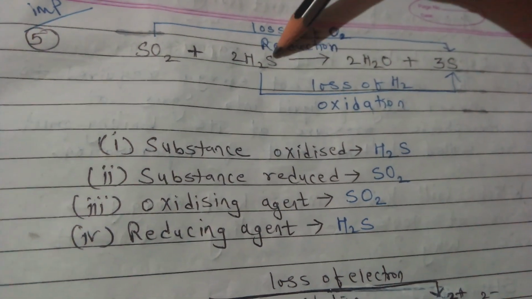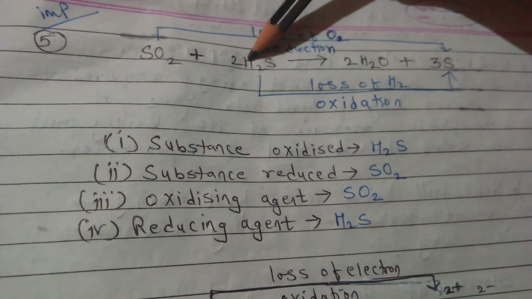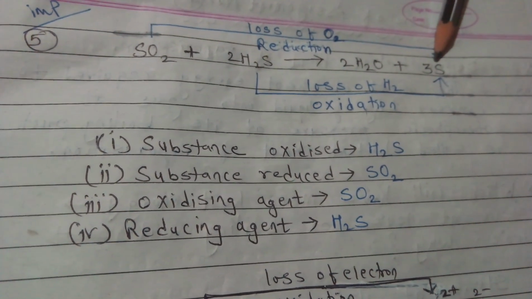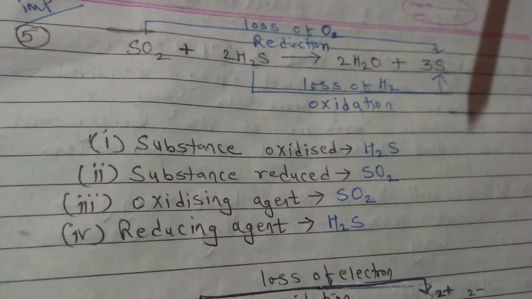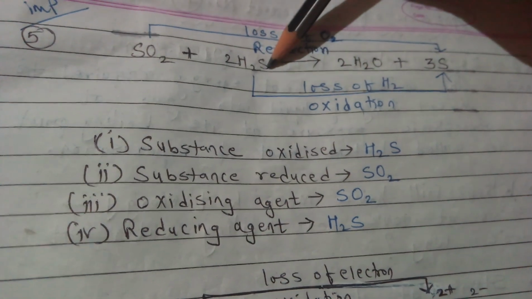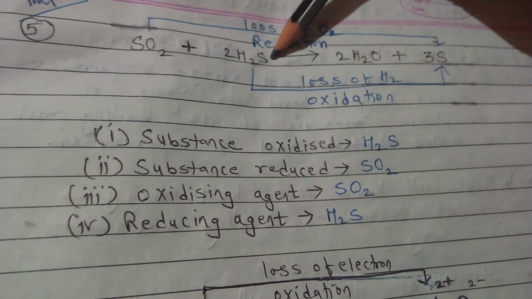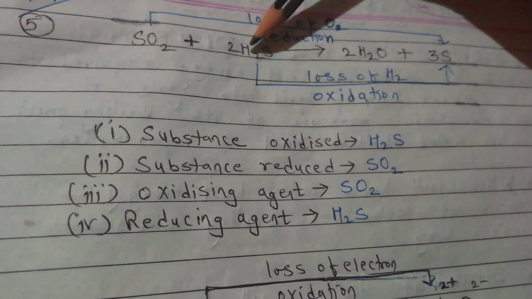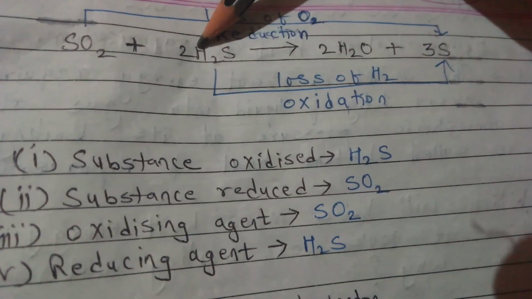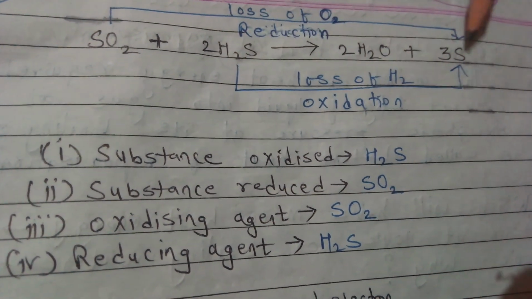Your second reactant is H2S. What is attached to H2S? Hydrogen. So this H2S is changing to S, sulfur. How? By losing this hydrogen. This H2S cannot change to H2O because in H2S with sulfur what is attached? Hydrogen. With hydrogen what is attached? Sulfur. So it will either lose or gain hydrogen or oxygen. So in this reactant with sulfur, hydrogen is there. So it will lose hydrogen. So H2S will lose hydrogen and change to sulfur.